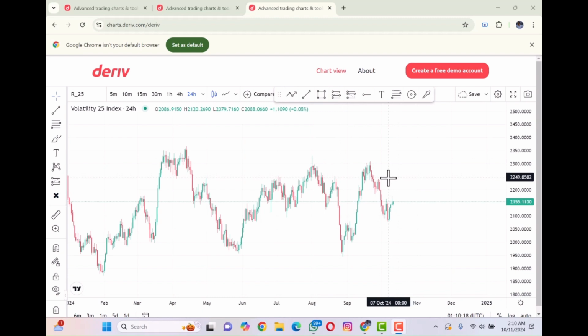So he came up with this tool, and traders have evolved with the use of this tool to better their trading style, as this tool helps us to know where we can anticipate a possible reversal or where we can